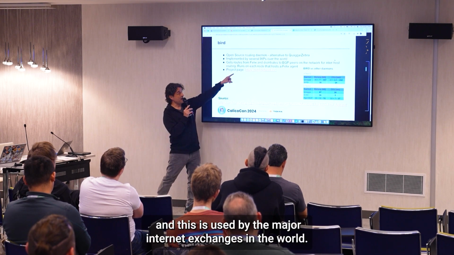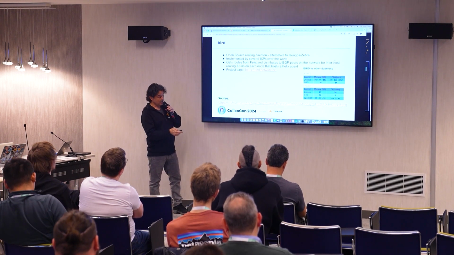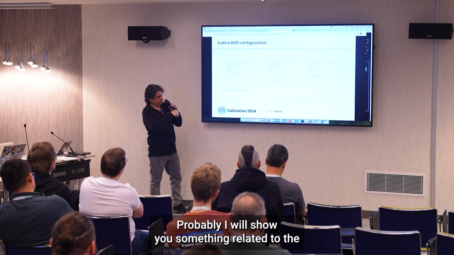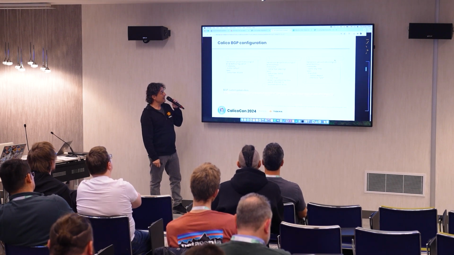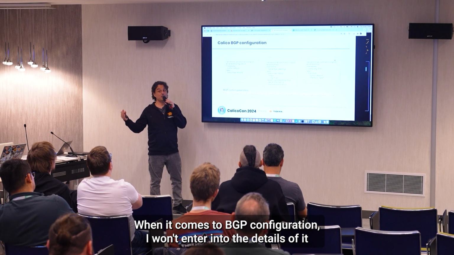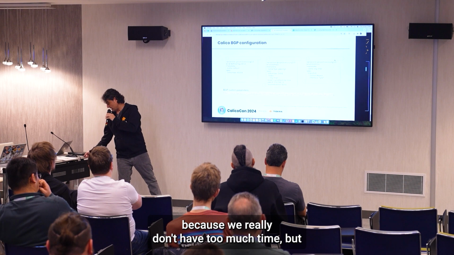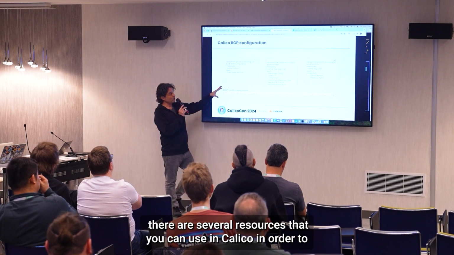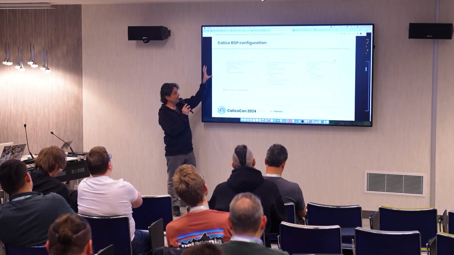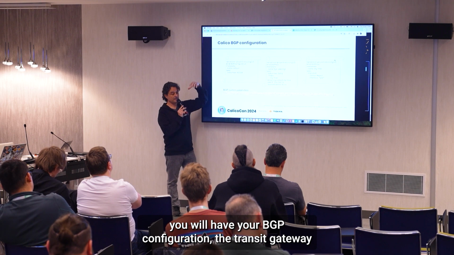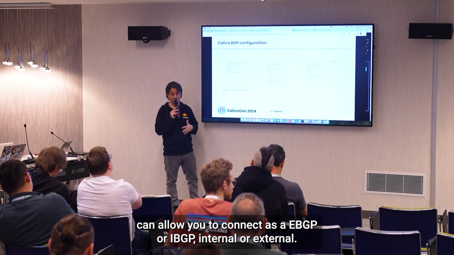And it's used by the major internet exchanges in the world, right? They are using BIRD. I will show you something related to troubleshooting when you are trying to troubleshoot this solution. When it comes to BGP configuration, I won't go into the details because we really don't have too much time. But there are several resources that you can use in Calico in order to control the connectivity, right? You will have your BGP configuration. The transit gateway can allow you to connect as an iBGP or eBGP peer, internal or external, but there will be